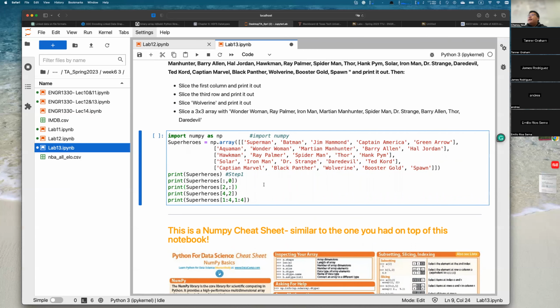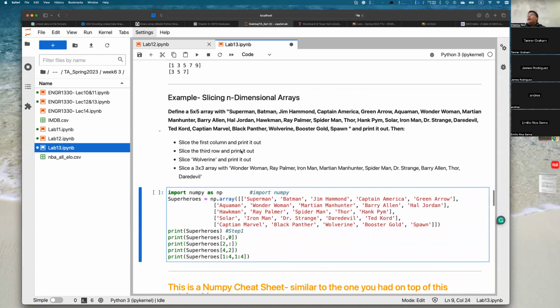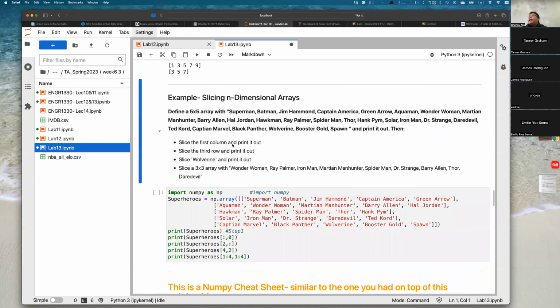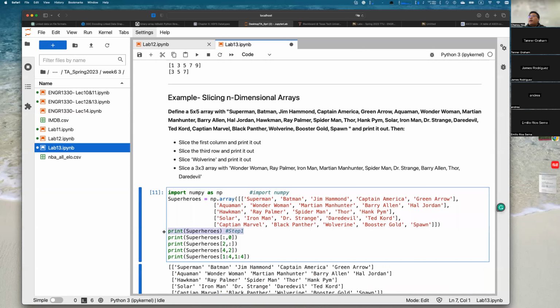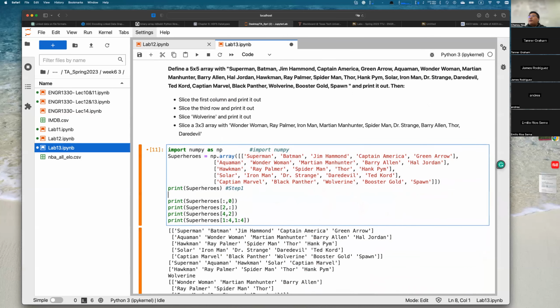All right, so this is the last example. It's about how to do slicing for n-dimensional arrays. So first, you need to slice the first column and print it out, right? So first we print this array, right? And the next one,